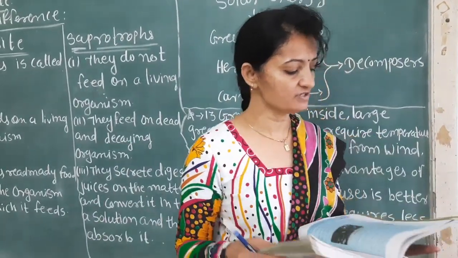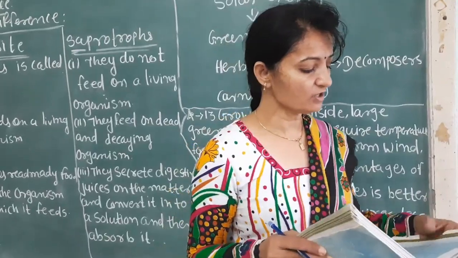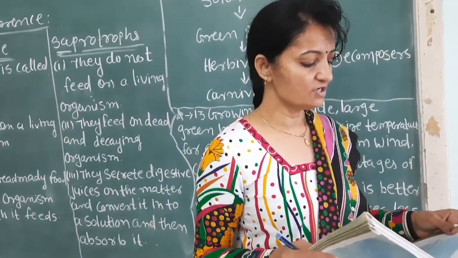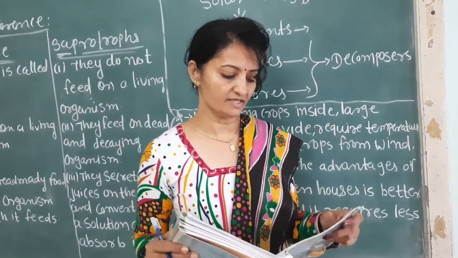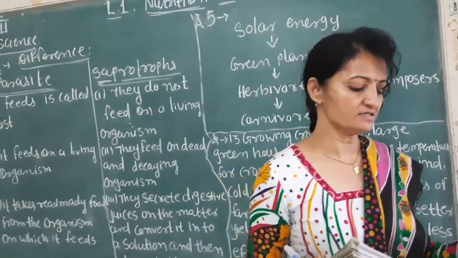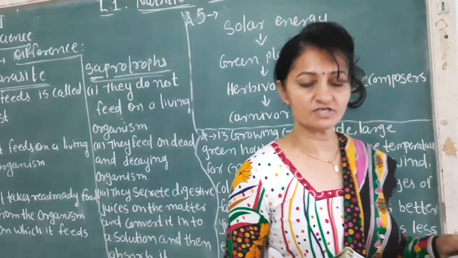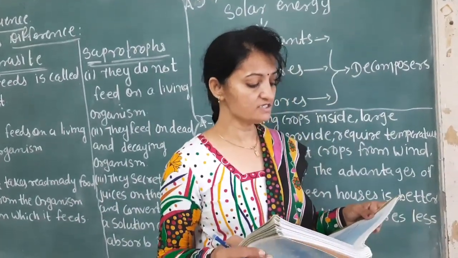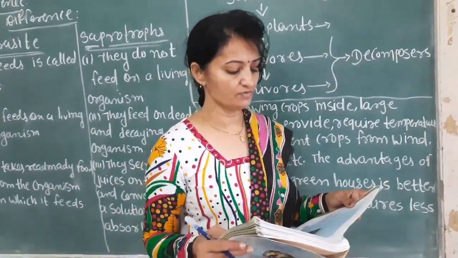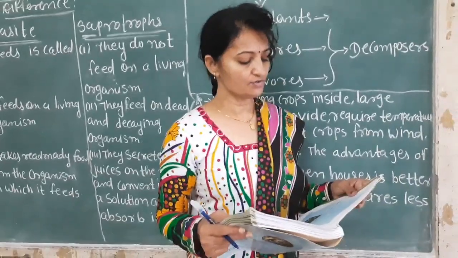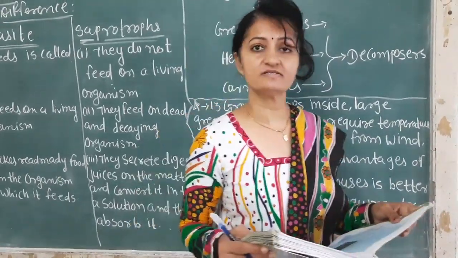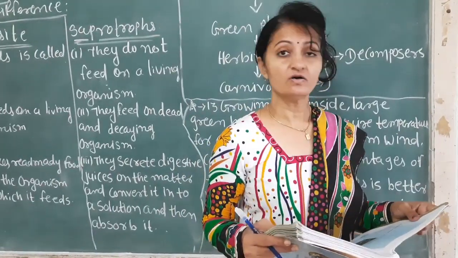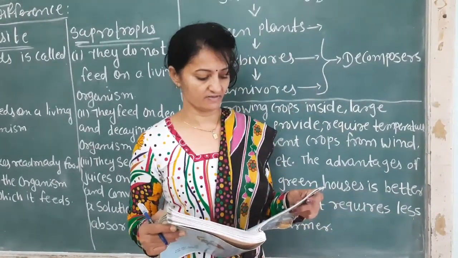Now question third. The product of photosynthesis is not a protein. This is true. So you write that. Question number 3 is a true statement. Now question 4. Solar energy is converted into chemical energy during photosynthesis. This is also true. So you write the answer true. Okay, now question 11.